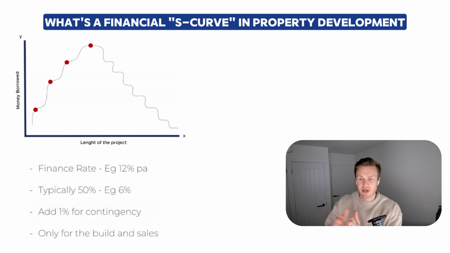So let's say you started building and you're selling in 12 months time, but the whole project takes 18, so 6 months getting detailed design and bits and bobs like that. But your build and sales is 12 months. So let's say 6 months build, 6 months sales. You will take the